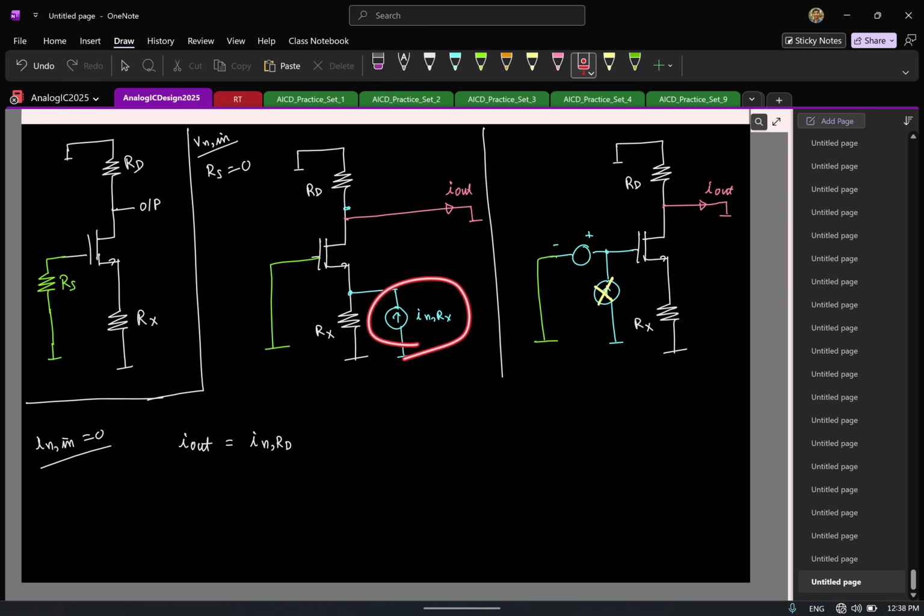Consider only this. How much of this current will flow to the output? I have INRX. Will the entire current flow or half part of it flow? What fraction will flow? Again, let's ignore R naught for all transistors to simplify things. What is the fraction that will flow? What is the looking in resistance? This resistance is 1 by GM. So it's going to be a current division. So it's the resistor downside Rx by